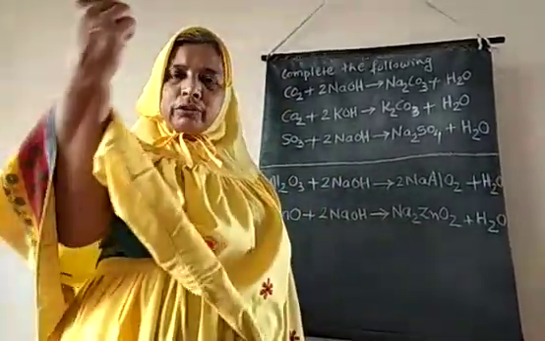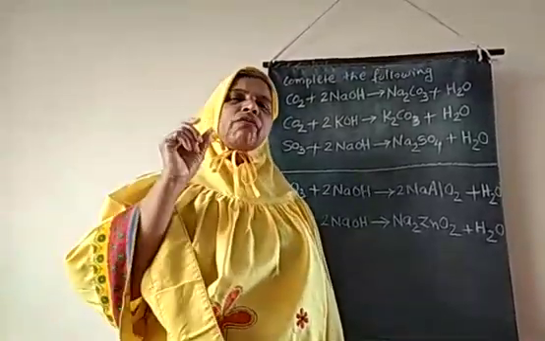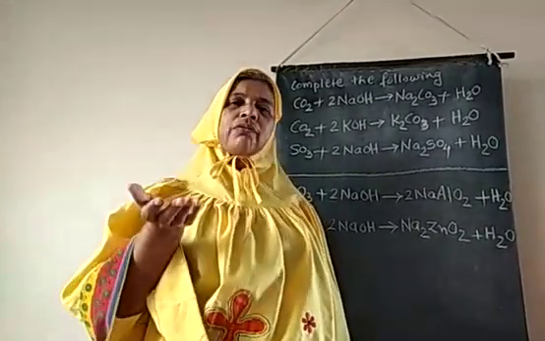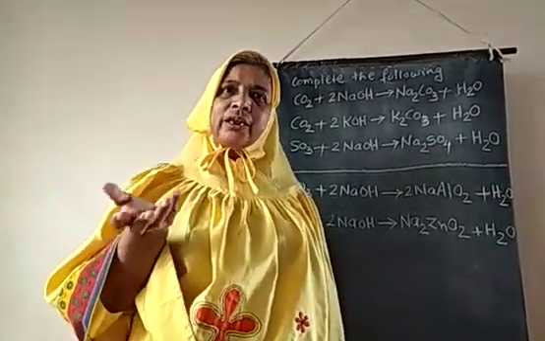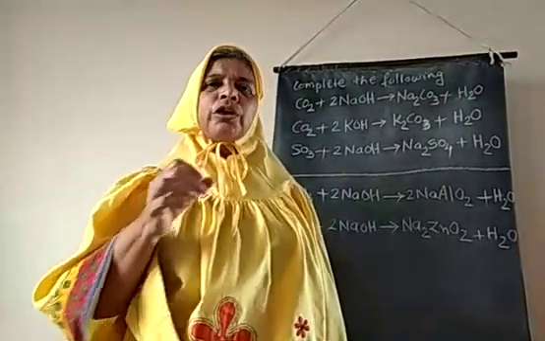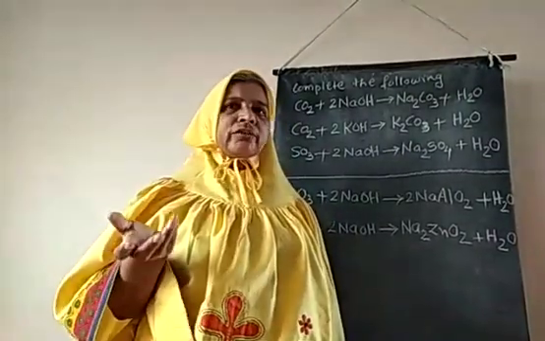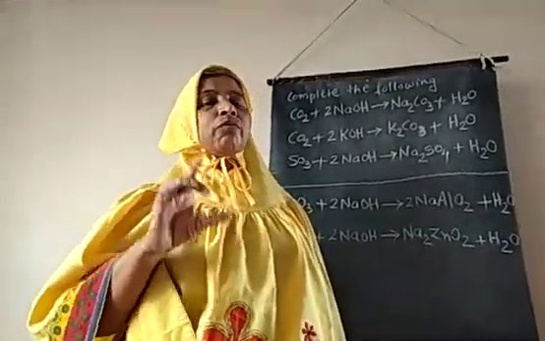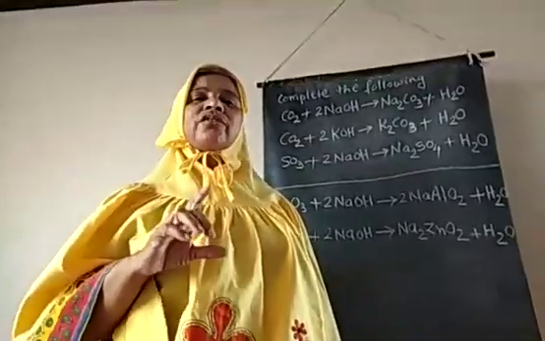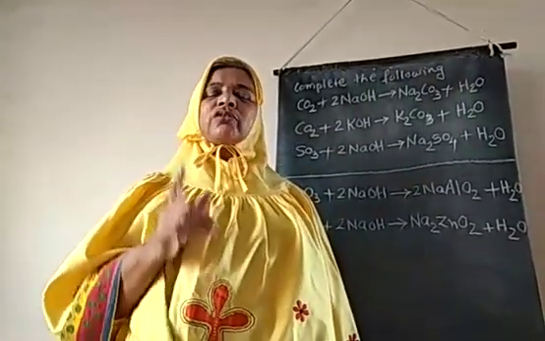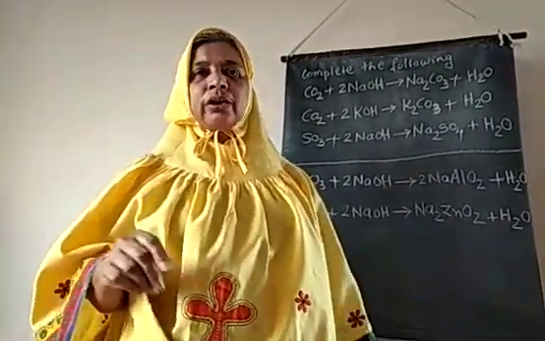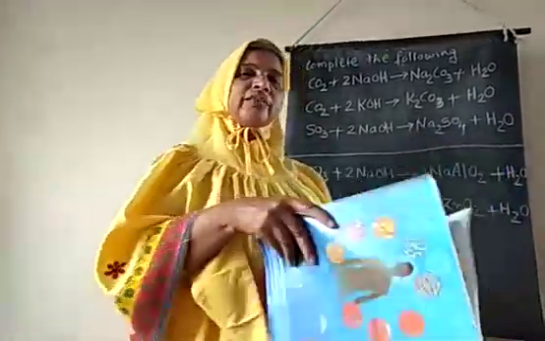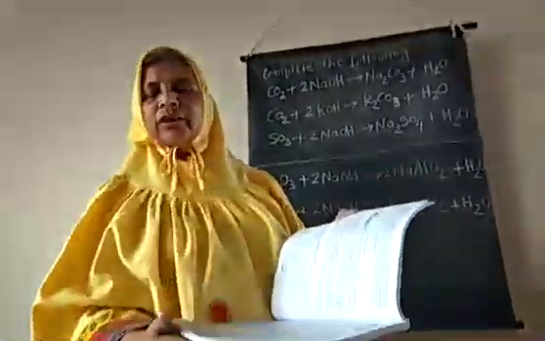Take some quantity of lime water in a test tube and blow into it with your mouth, because in our respiration we are exhaling carbon dioxide. So when we blow with our mouth, carbon dioxide is given out, and that carbon dioxide reacts with the lime water and the lime water turns milky. This is the test that carbon dioxide gas is given out during this reaction, and this description is given in this activity. You can read this activity and understand whatever I just explained.